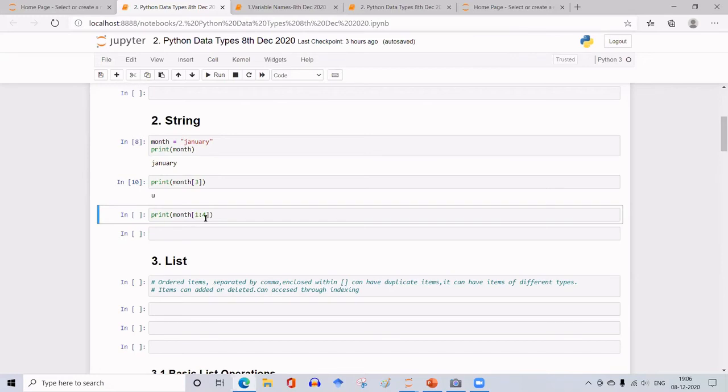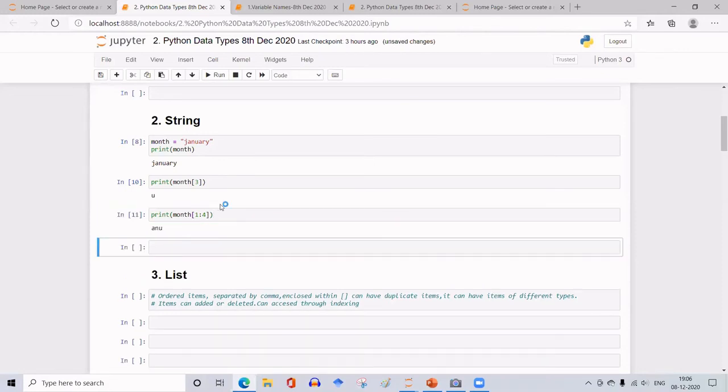That is from 1 to 3 it will collect the characters and print. So the first letter with index 1 is A, then 2, then 3, A, N, U. It has to print A, N, U by this. Okay, print month within square bracket from 2 indexes, but 2 index is excluded.